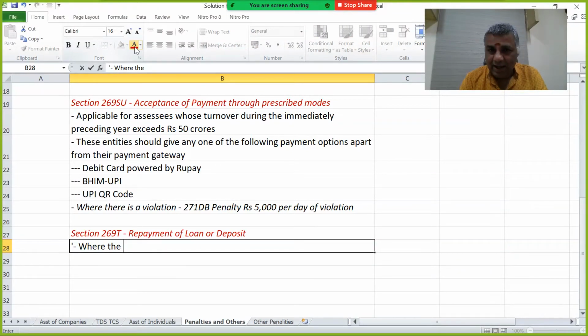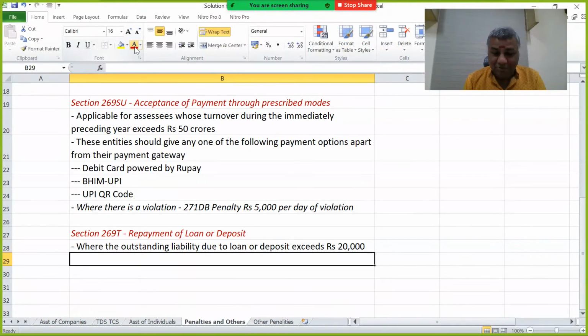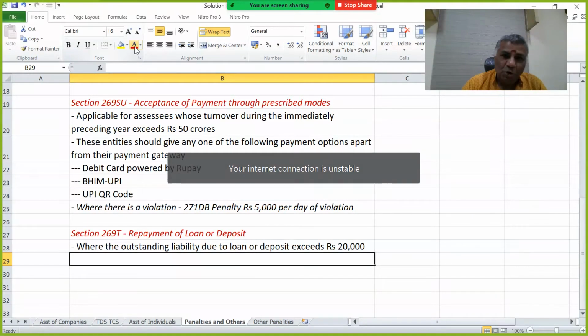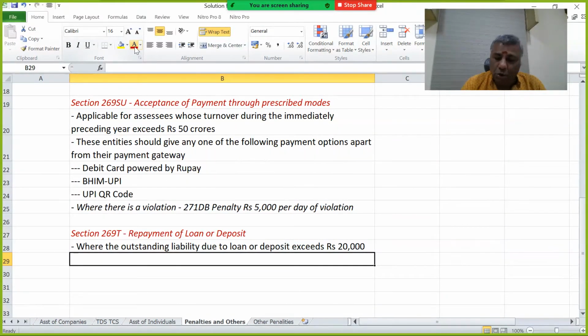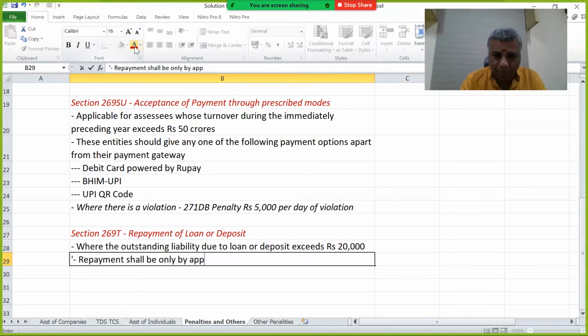Where the outstanding liability due to loan or deposit exceeds rupees 20,000, where the outstanding liability, which includes interest also, exceeds 20,000, repayment shall be only by approved